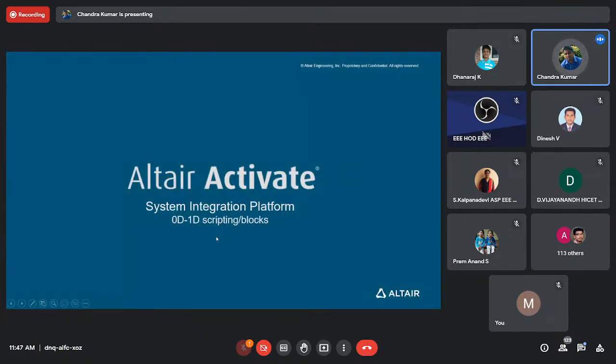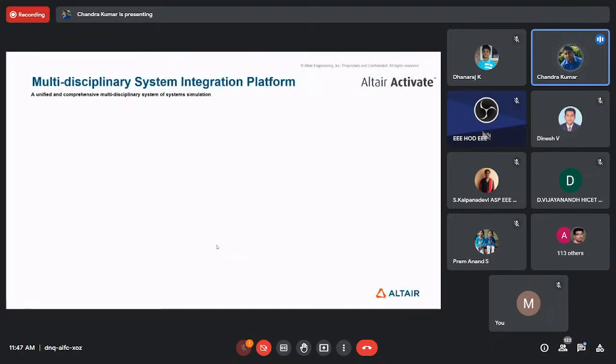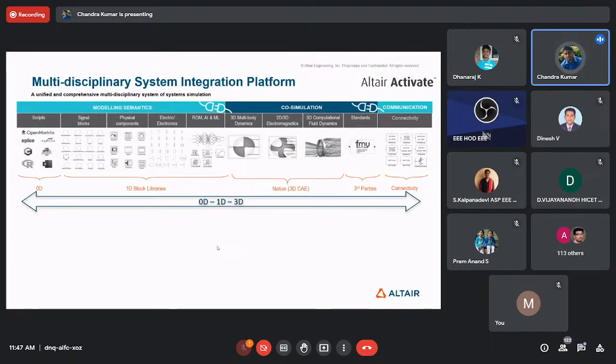So moving from Compose to Activate. Activate is another interesting tool, basically a system integration platform combining 0D, 1D, and 3D. It can be used for multidisciplinary system integration, going from parameterization to block level modeling.